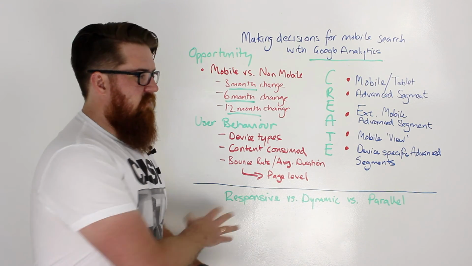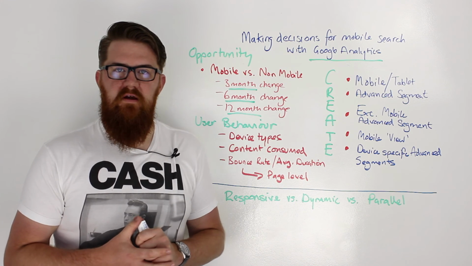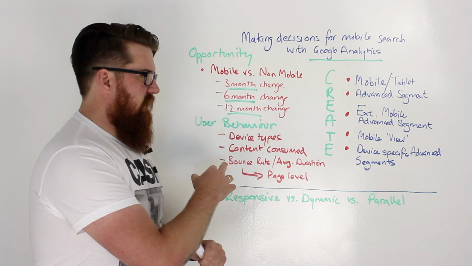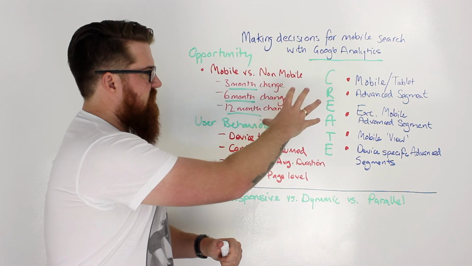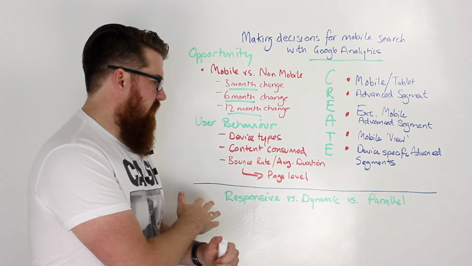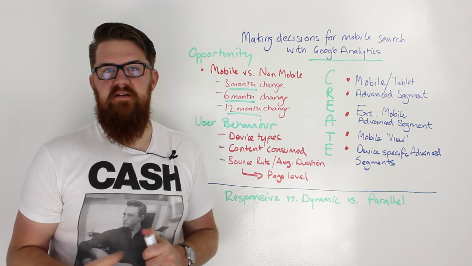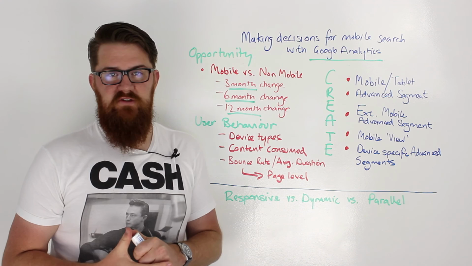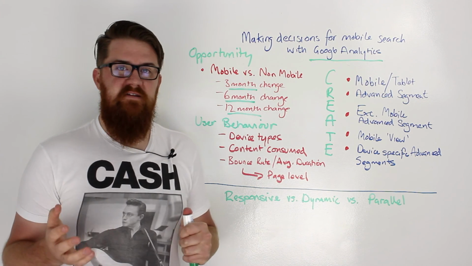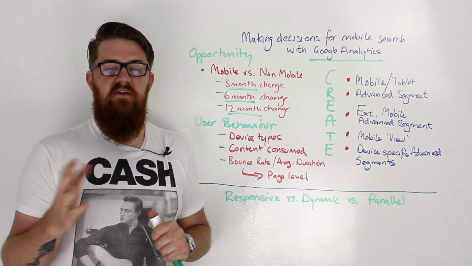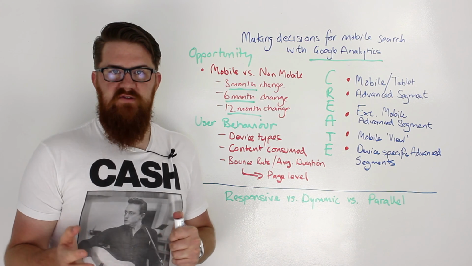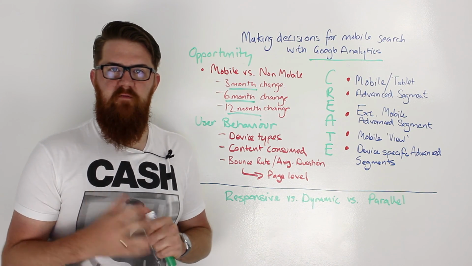So this is a whole video that's worth doing all by itself, but it's easy to see how this type of analysis will start to move people towards identifying what is the best solution for their site's users. So that's been my view on how you can get started, slicing and dicing the data that you've got in Google Analytics to find some answers about mobile search and where the opportunities are for you.